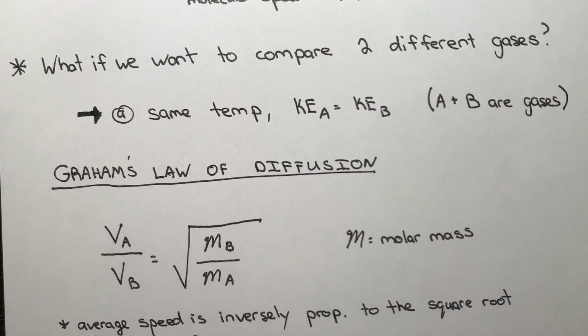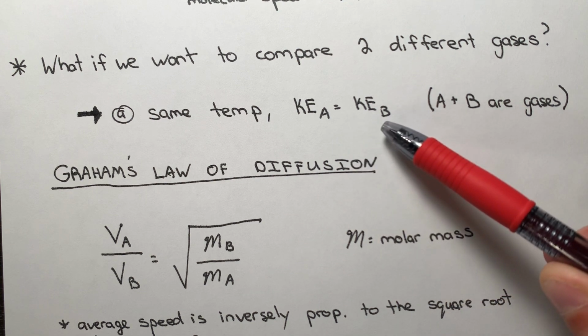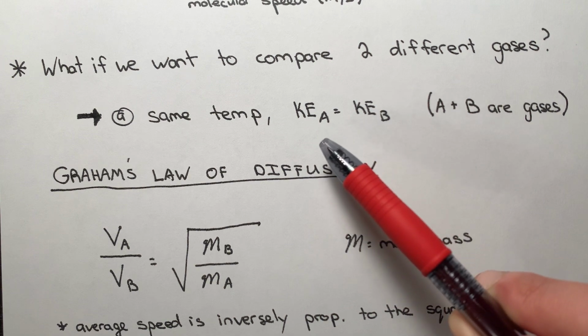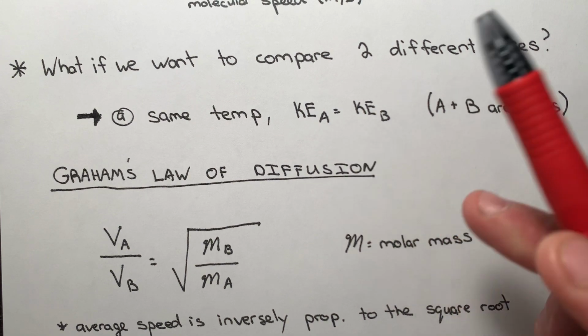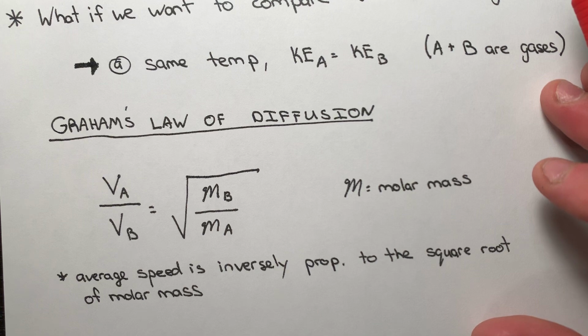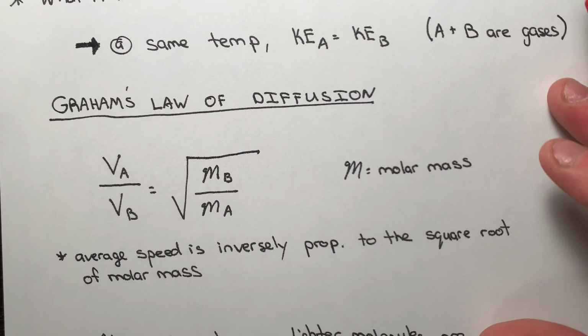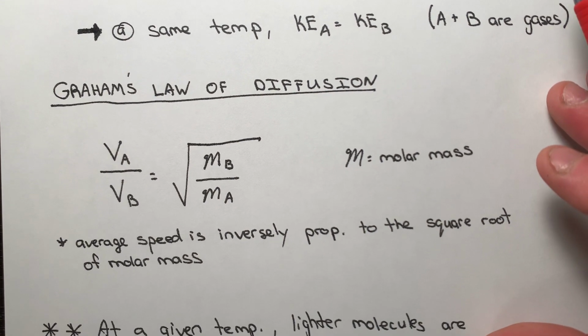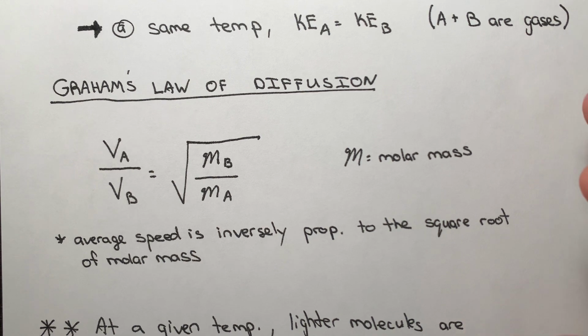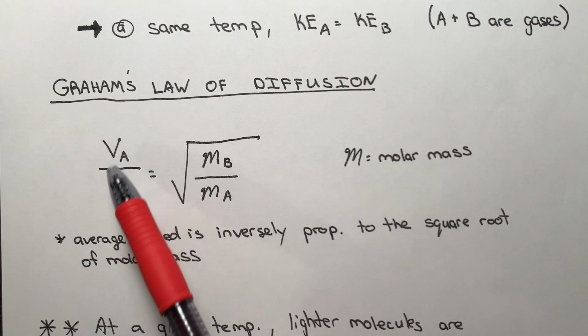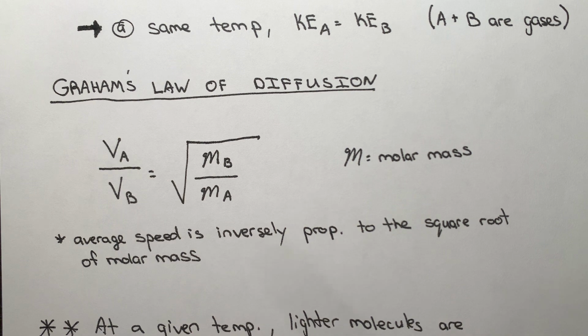And now we're going to get into a discussion of Graham's law of diffusion. At the same temperature, if we are talking about two different gases, say gas A and gas B, we know that their average kinetic energies will be equal. Again, through some clever derivation, which I'll leave up to you guys, it's kind of a laboratory and class exercise, we find that the average speed of gas A and B is inversely proportional to the square root of